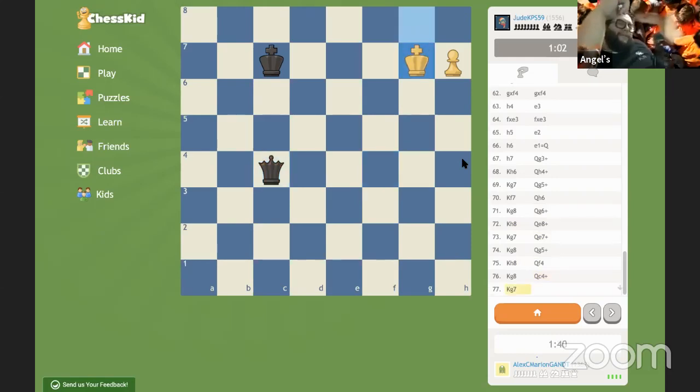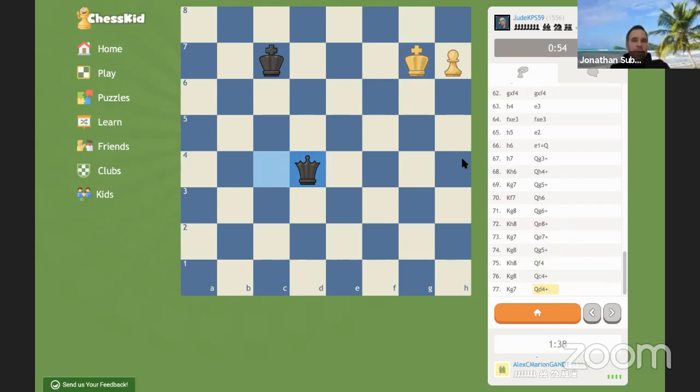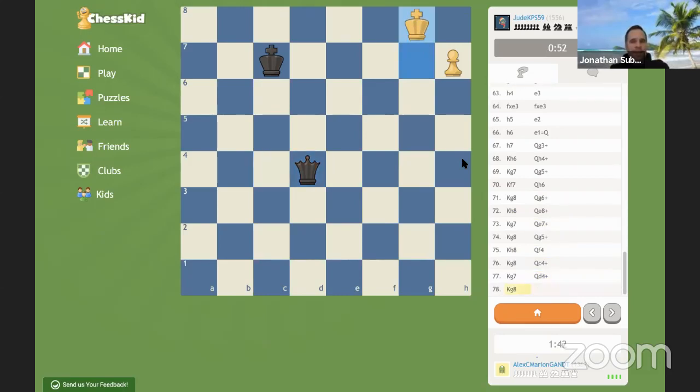You've got to be on F5 or G5, or even H5 will work. Yeah, the king's too far away. If the king was on D7, that might be a little bit different. I think I play king E7 when they make the move. But...